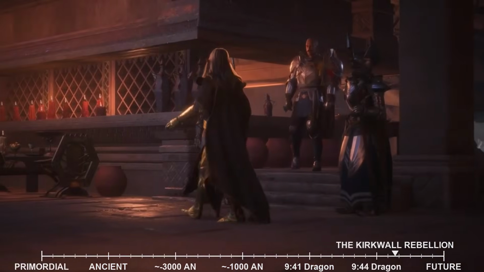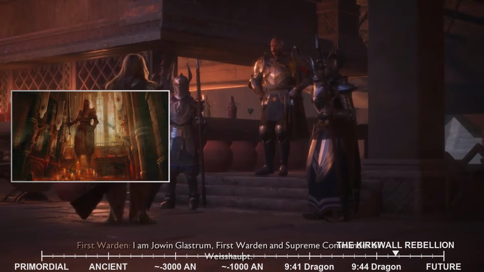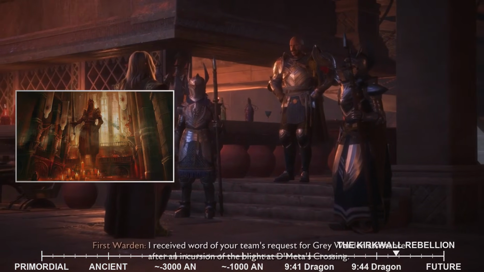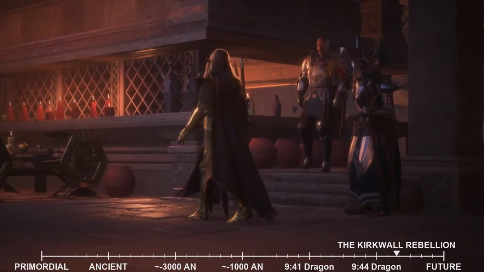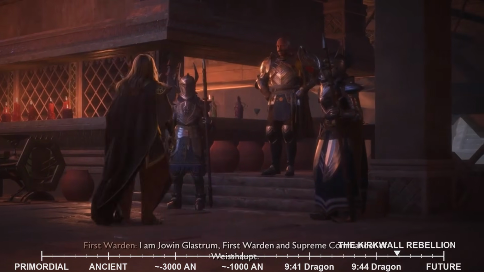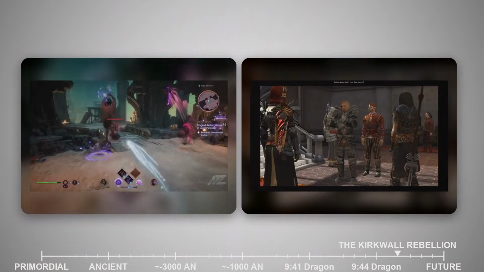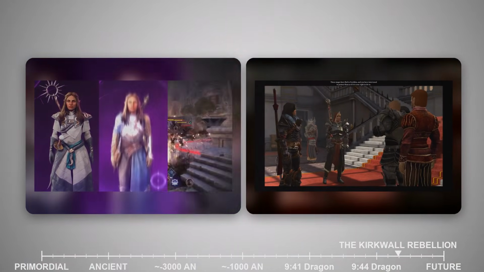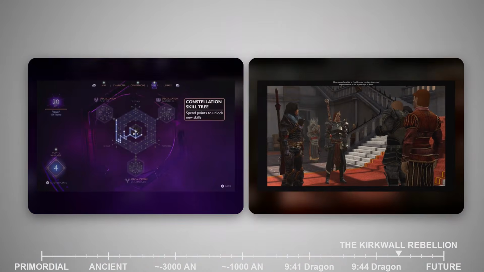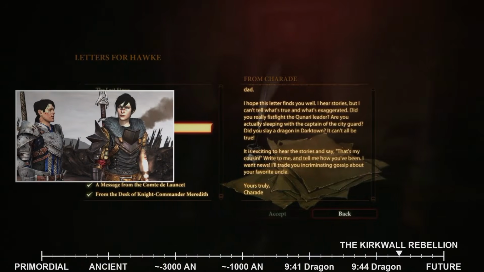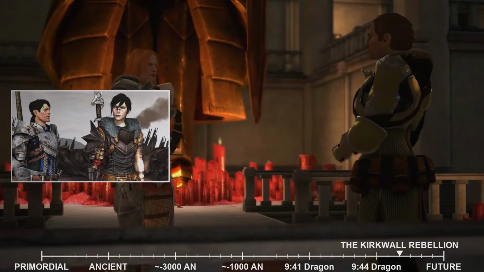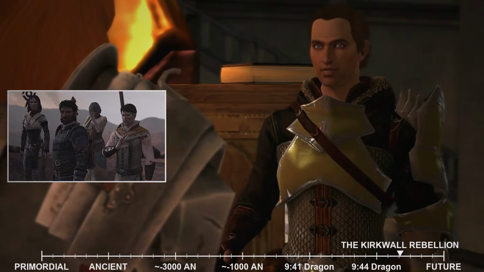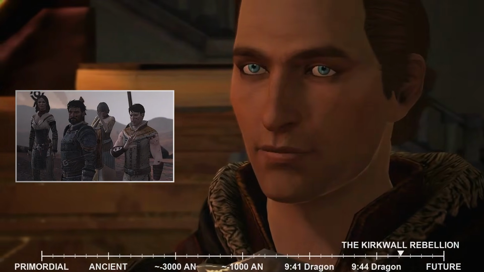The rebellion was not confined to Kirkwall. The news of the Chantry's destruction and the ensuing conflict quickly spread across Thedas, sending shockwaves through every Circle of Magi and Templar order. It was a pivotal moment, a catalyst that would ultimately lead to a continent-wide conflict between mages and Templars, forever altering the political and social landscape of the Dragon Age. Hawke, the newly crowned Champion of Kirkwall, found themselves caught in the eye of this devastating storm, forced to make an impossible choice between two deeply flawed, yet equally desperate sides.